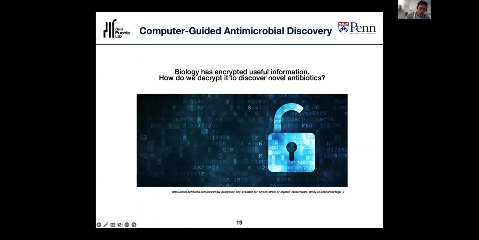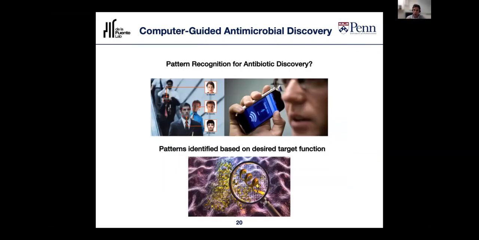Okay, so I've told you how we can use computers to help us design novel antibiotics, and next I'd like to tell you about how we can use computational tools to be able to discover novel antibiotics in biology or in biological data. And here we take a little bit of inspiration from algorithms that everybody here uses, right? Pattern recognition algorithms for facial and speech recognition. But here, instead of recognizing faces or sounds, what we want to recognize is amino acid patterns, right, that are encoded in proteins